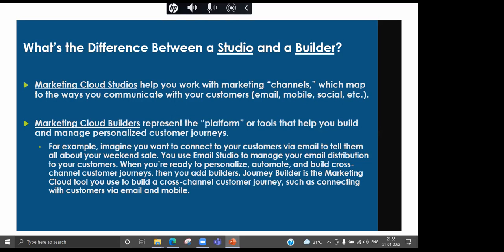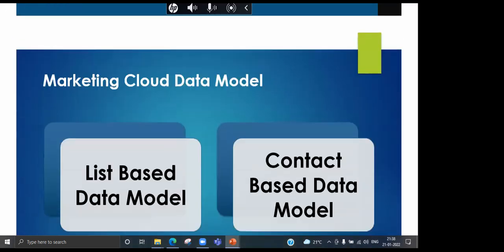So Journey Builder is the Marketing Cloud tool you will use to build a cross-channel customer journey, such as connecting with customers via email or mobile. As you have chosen the email channel, you will use Journey Builder to create your workflow and start sending and making your customers interact with your brand.